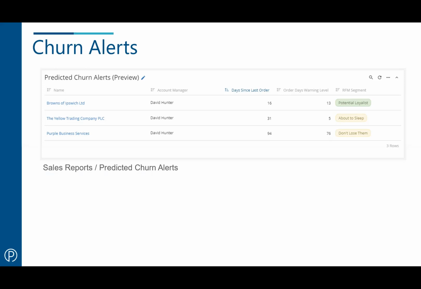So they have previously been a very regular orderer, and it's now been 31 days since they've ordered. Obviously, in the current climate, there might be good reasons for that, but we should be looking at each of those and making sure that we're on top of that, particularly as things start to return to normal and customers get back into more of a regular buying pattern.